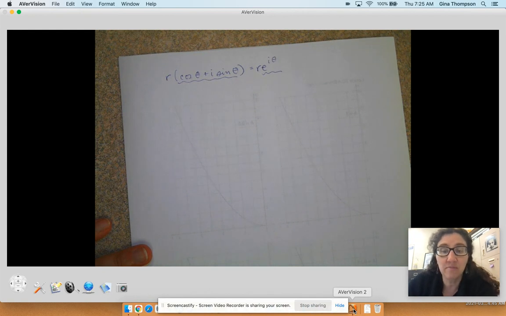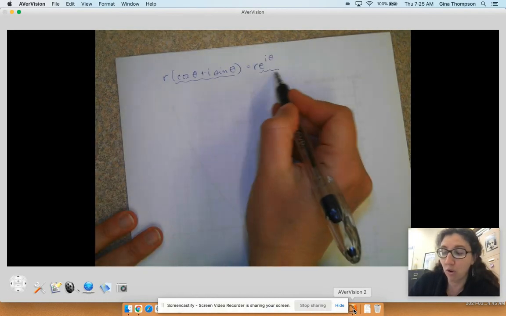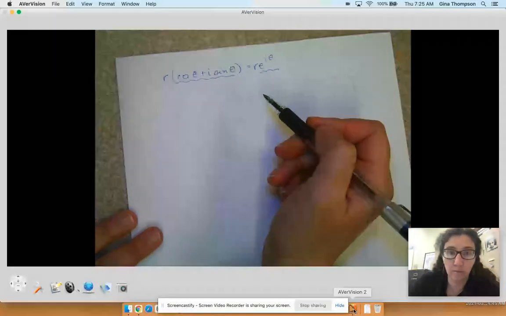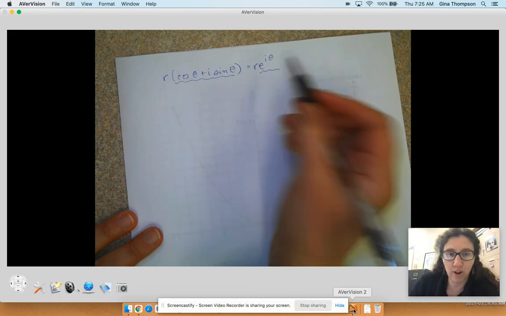Is that intuitive? It is not. Is there an easy way for me to explain why that's true? Not right now. Okay, so let's just go with this because it's going to make our life a lot easier to think about, to use this polar form of a complex number. So we're going to go with this form for now,